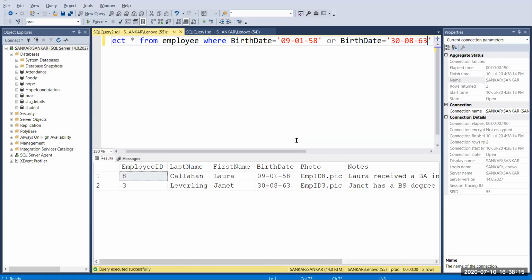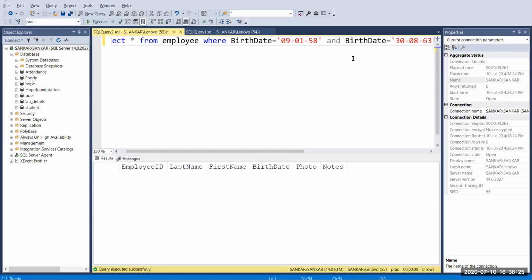So I'm going to run this. Now you get two values, right? Now I change the OR into AND and run this. I don't get any value, because it checks each row and each record for those that satisfy both conditions.